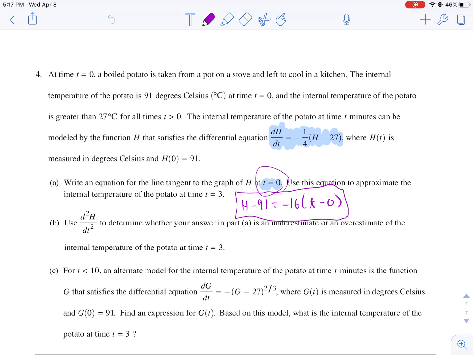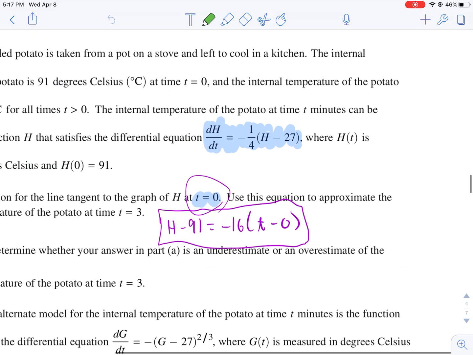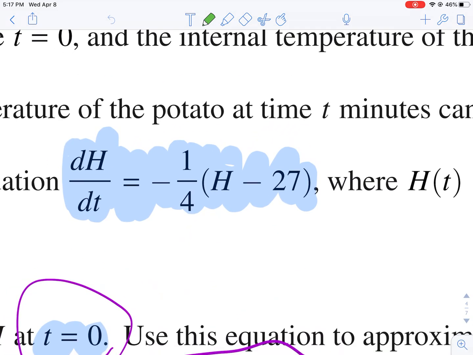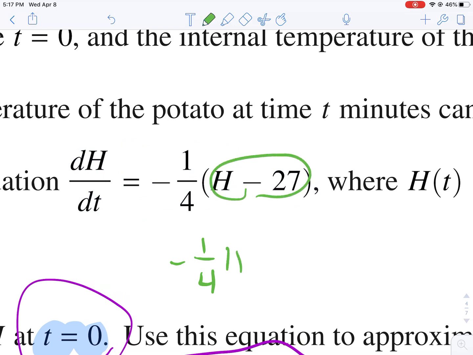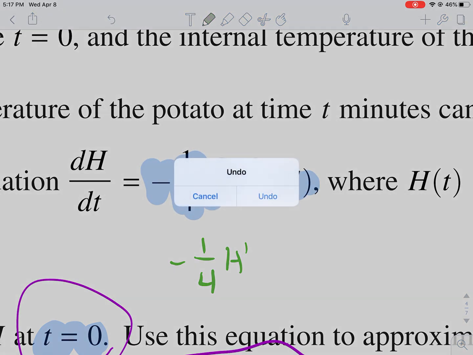Okay. Use the second derivative to determine if it's an overestimate or an underestimate. So this is finding the derivative of this guy with respect to time. So you're doing negative 1/4. It's a constant, so we'll just leave it there. And so really we're just doing the derivative of the inside right here, which the derivative of h is h prime, or dh dt. The minus 27 has a derivative of 0, so it's gone. And then h prime is this entire thing. So I can put that back in place of